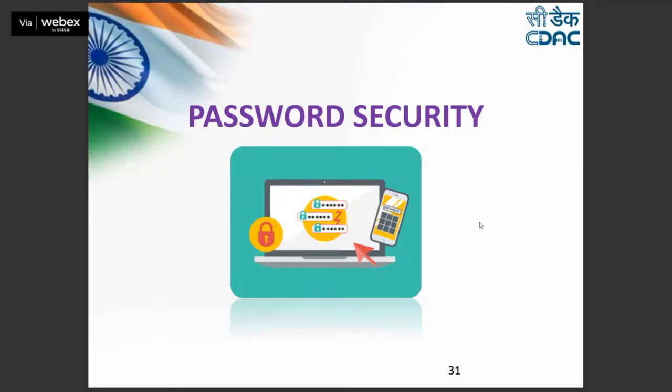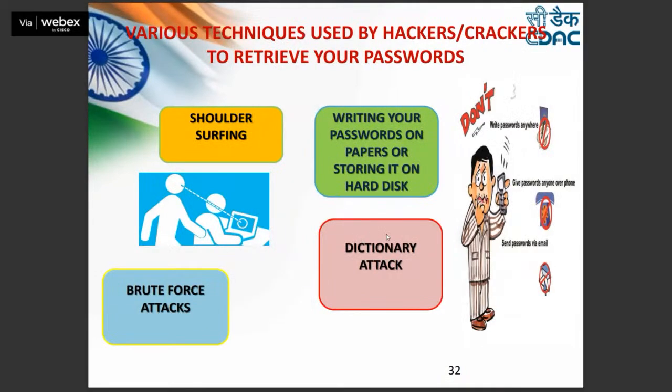Now coming to password security, let's talk about this because this is a very important thing. Nowadays we are using a lot of online accounts, so it is very essential to secure them with a great password. Okay, so before heading towards the techniques to make sure that our password is strong and secure, let's first see what the various attacks are that hackers carry out through password attacks. Okay, so the various techniques used by hackers and crackers to retrieve your passwords are: